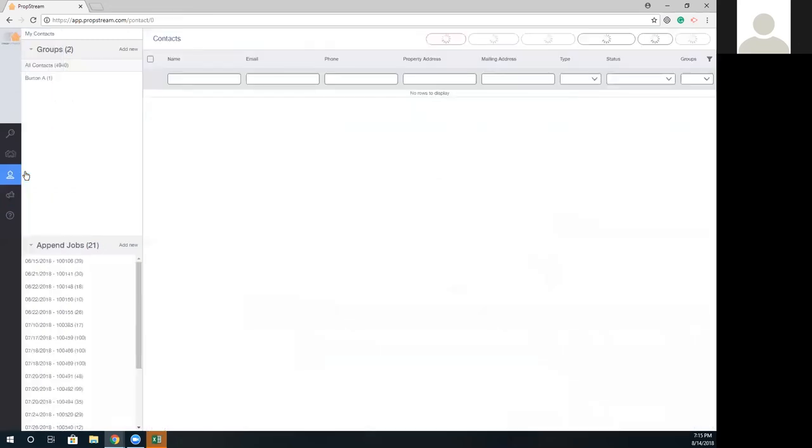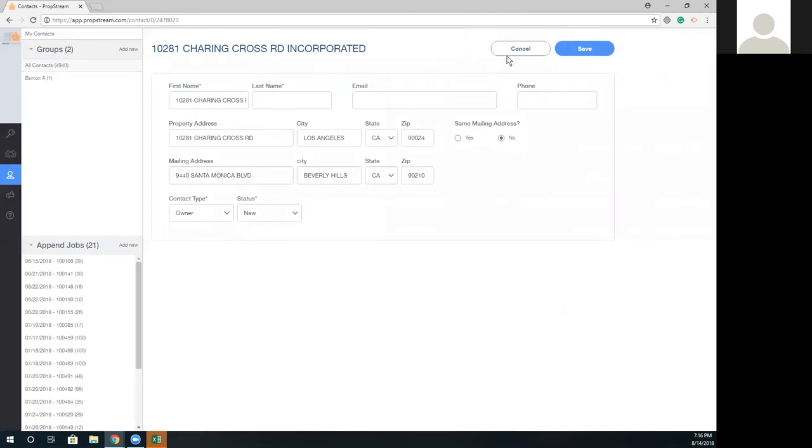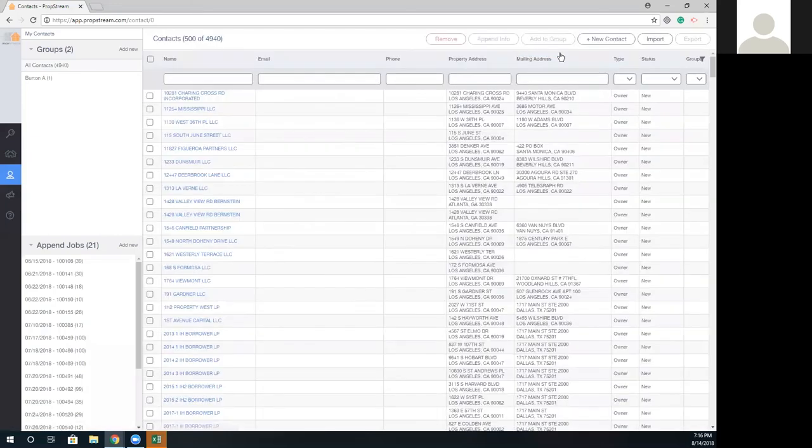The third category. Now this is when you're finalizing. For me, this is the part where once you're done vetting and you've really narrowed down your properties to a selected few, this is where the contact page comes into play. So here we throw all of your saved properties into one bucket, and you're able to see all the properties here. You can click on them and edit their information. So if I'm able to capture phone numbers and emails through social media, or let's say I call them and I got a contact, I can change their name. Also, I have the ability to add a new contact. So if I wanted to just add someone to the system, I can do that.